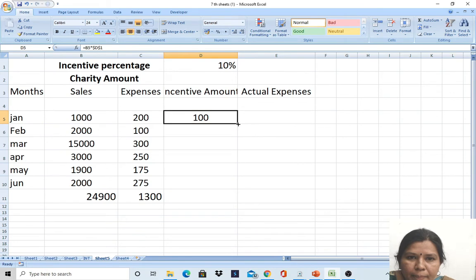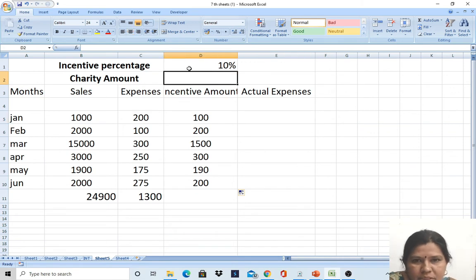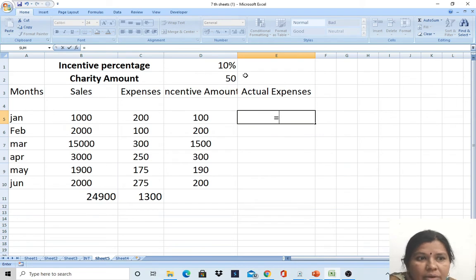See here. I will calculate the actual expenses. So what do I have to do here? Next here, 50%. How much did I make in expenses? 50 rupees I will write here. See here, what I have to do: actual expenses is equal to $C4. Instead, I wrote here 200. If you made a sale of 200, how much expenses did I make? 50 rupees I made as actual expenses.